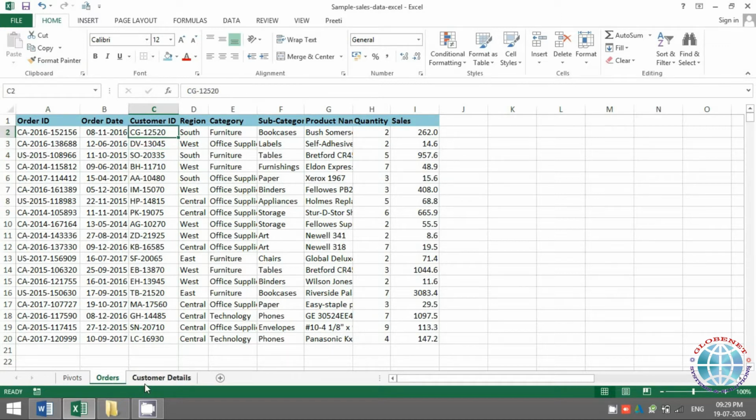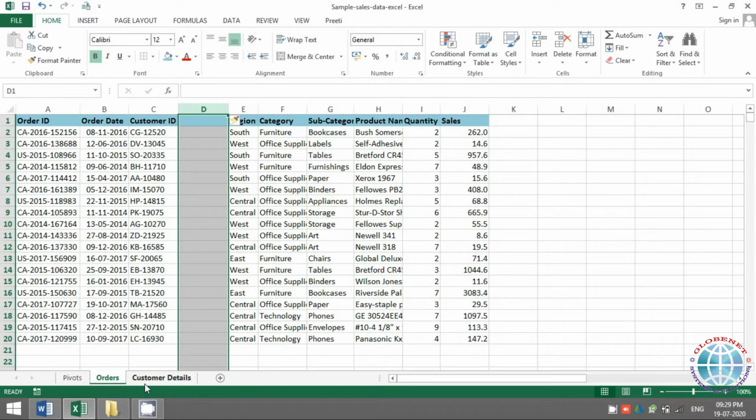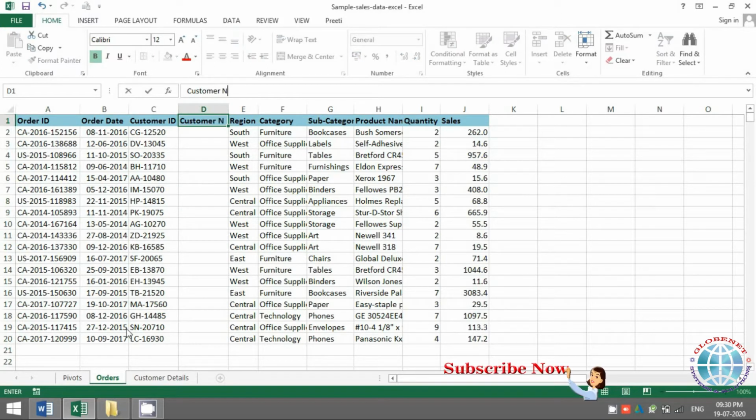So as I said, I simply want to get the customer names from the next sheet. I'm adding a column here. I pressed Shift space bar and Control Shift plus to add this column. I'm giving the heading as customer name and I want to get the names.